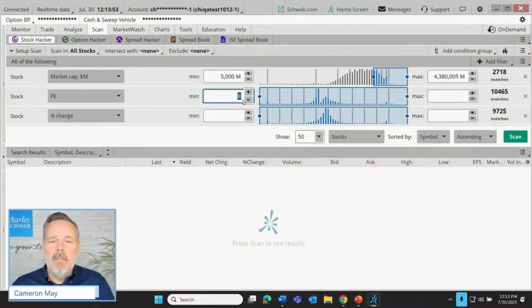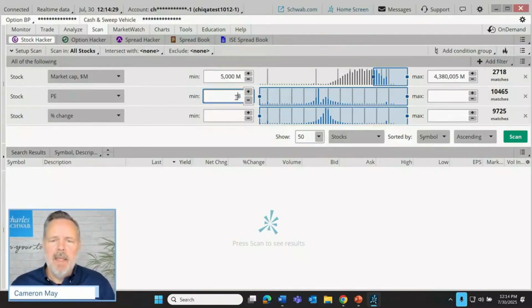Why a minimum? If I put a minimum of 8 here, we're literally saying, I don't want to pay less than $8 per share for every $1 of earnings over the last 12 months. Well, why not? Well, for some traders, if that price is really low when earnings have been really strong, that might be to them a red flag. And the common interpretation there is that historical earnings has not impressed investors. Maybe they're concerned about what next year's earnings might be rather than last year's earnings.